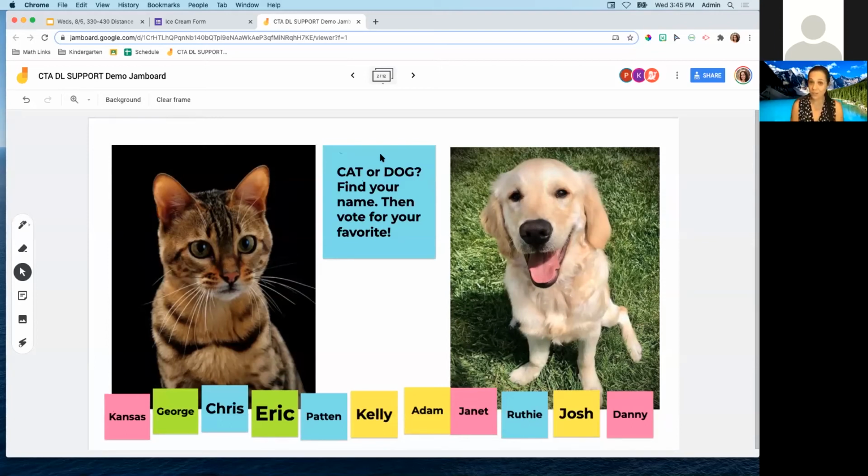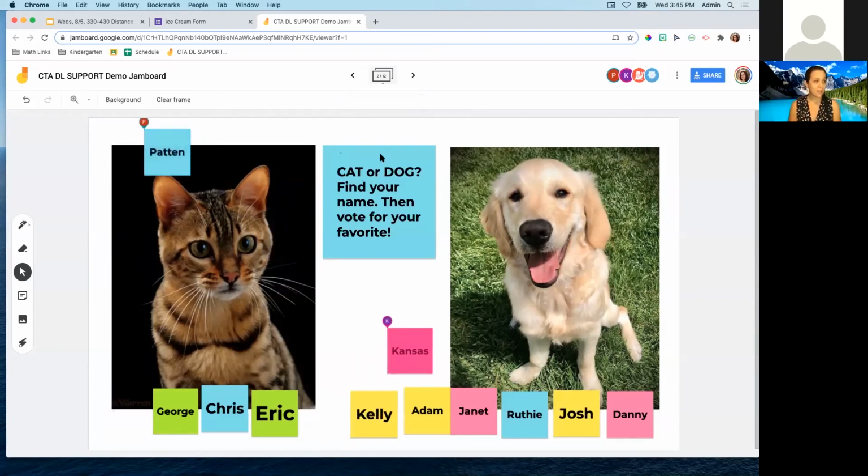Both with really little ones the first time, maybe just simply being able to click on this and slide it to their vote. So maybe if Kansas and Patton want to come to frame 2 and cast their vote, you can see that they could slide their name into place, and that would allow them to do this. So we can click, they cast their vote. You see how that might be a scaffold for the first time in K or 1, how to do that,